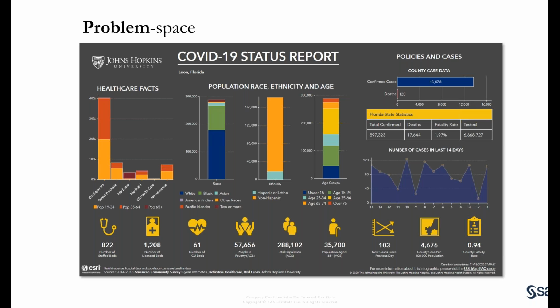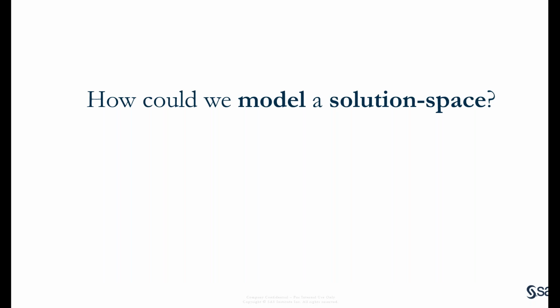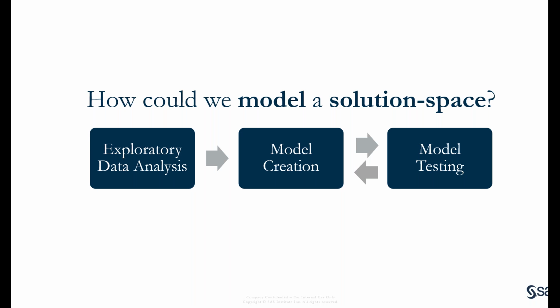And especially after thinking about problem space and solution space, I was thinking, this is problem space. So how could you model a solution space? And again, I've kind of moved from the world of GIS to the world of data science and machine learning. And this is definitely the process that they go through. So you begin with exploratory data analysis. You begin to look at all of the information you have. You find where you have gaps. You find what you may need to continue gathering.